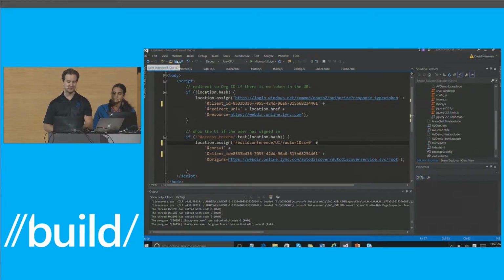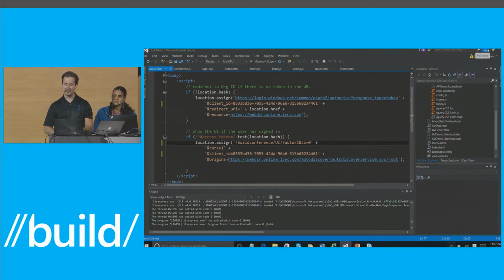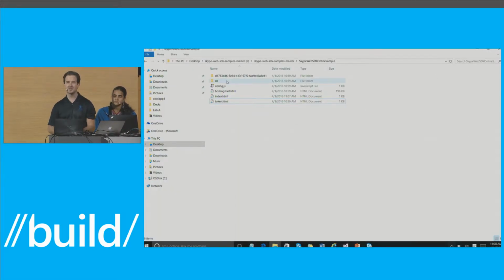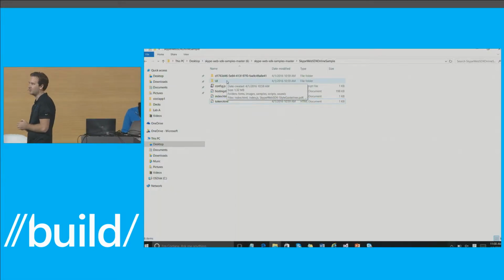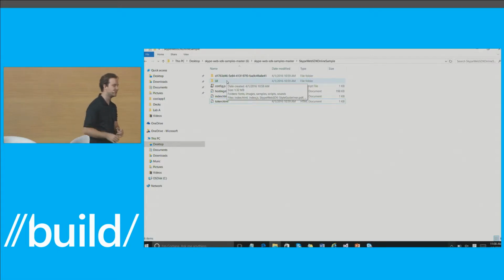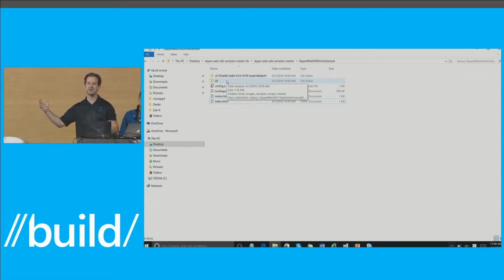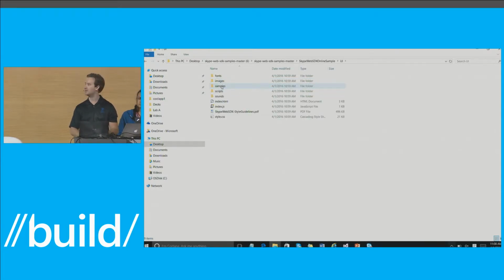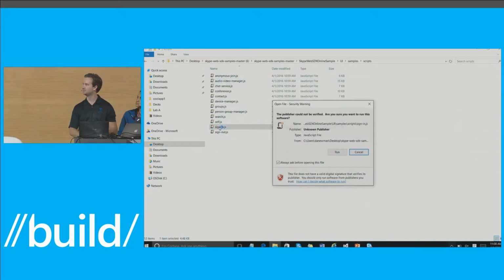I'm just going to save this file. Now the other edit that we'll need to make is within our Skype Web SDK code. When we do a sign in and initialize the JavaScript SDK, we're going to have to pass that client ID as well when we do that sign in. So in order to do that, I'm going to access the sign in JavaScript code for this set of samples. If I go in here to my samples folder, go to my scripts, and select the sign in JavaScript,